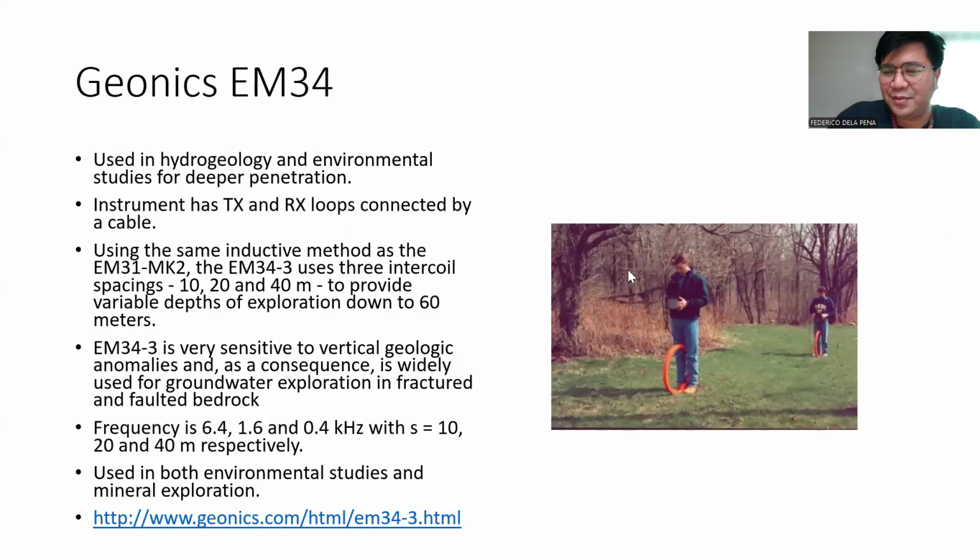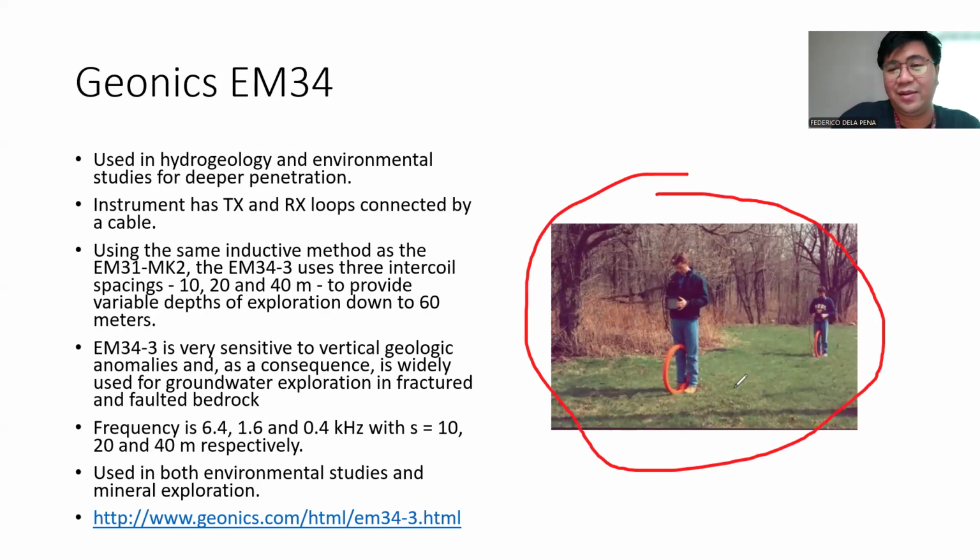Right? This is a more familiar image for me when you're talking about EM because you can quickly see right away the loops. So the loops again are simply circulating current in your loop. One of these will be the transmitter. So you are simply circulating current in your transmitter, and that circulating current